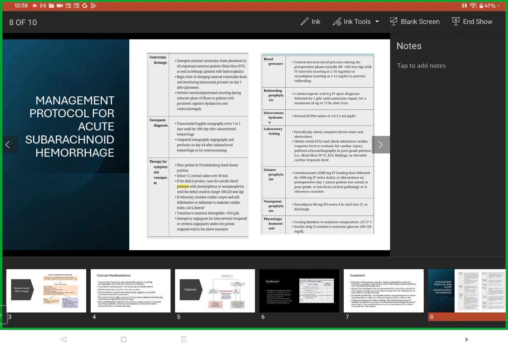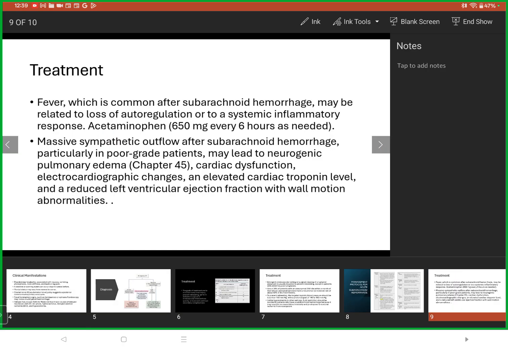At times the patient may require a cerebral angioplasty, and that's the reason in the beginning of my talk I said the patient should be admitted to a dedicated neurological intensive care unit where all the facilities are available. So the treatment of the fever, as I said, acetaminophen is required, physical cooling measures are there, and